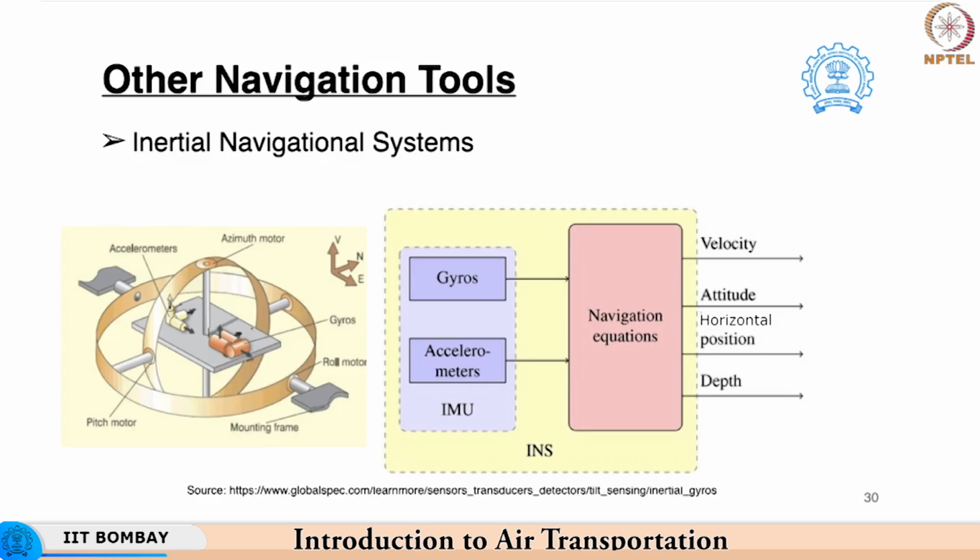Based on the rigidity of the spinning axis, the overall deviation from a particular axis, that is longitudinal, lateral or directional, can be obtained, and through a series of calculations carried out by the INS system or the IMU unit on the aircraft, the overall velocity, altitude, horizontal position and other navigation parameters can be established. These INS systems make use of two subsystems, that is gyros and accelerometers, and through a series of calculations the different navigation parameters are calculated.